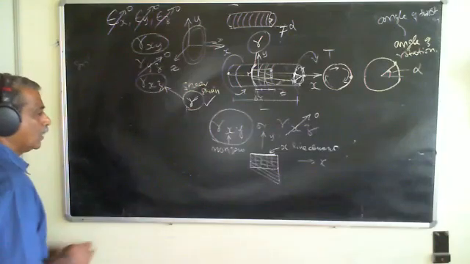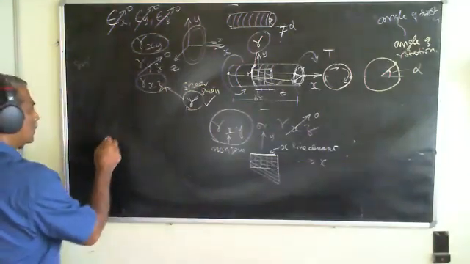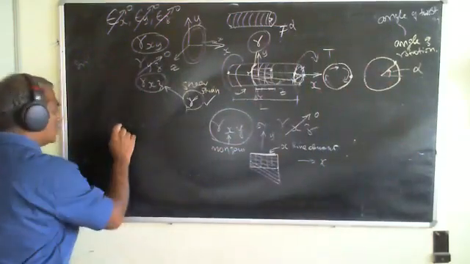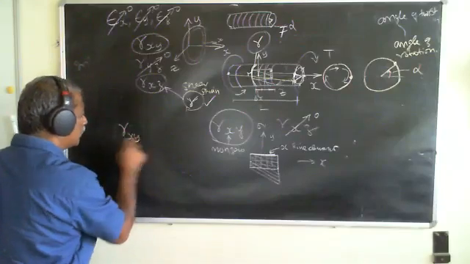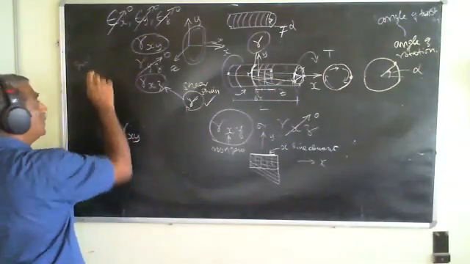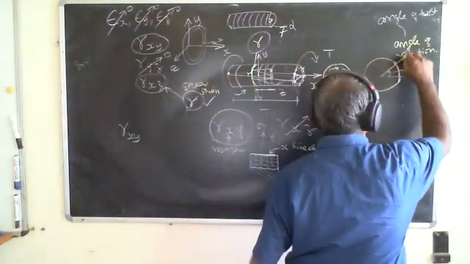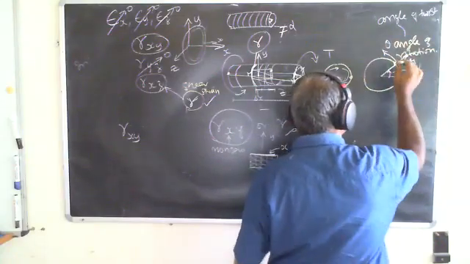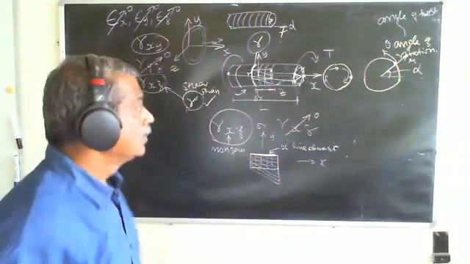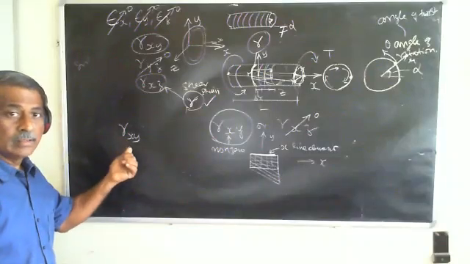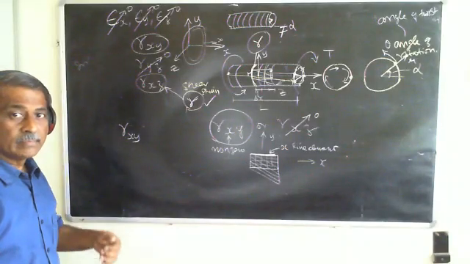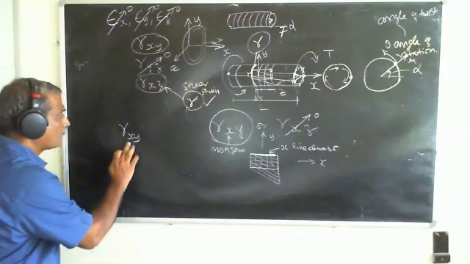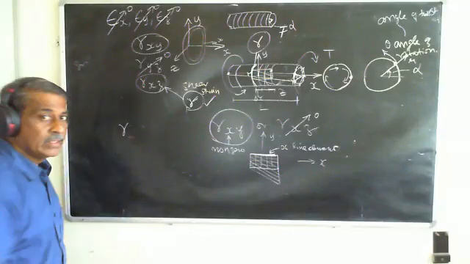Now we'll go back to what we asked. We have to relate between this and gamma. So now I can write this to be gamma xy. Another way to do that is, I know this direction is r, this direction is theta, and the other direction is x. Correct? So instead of gamma xy, I can also write the shear strain to be